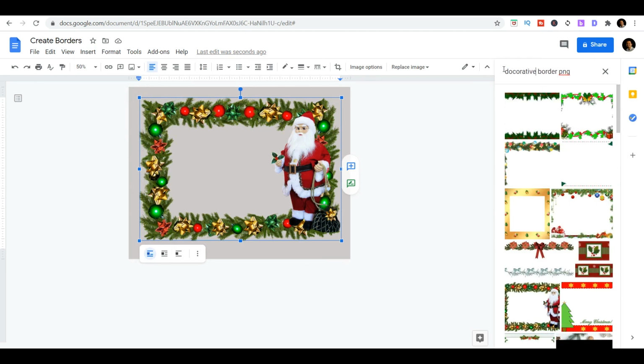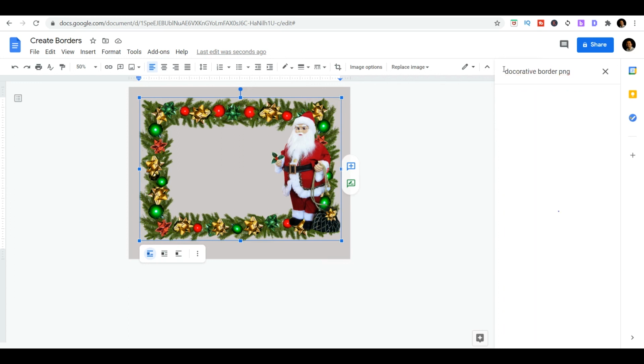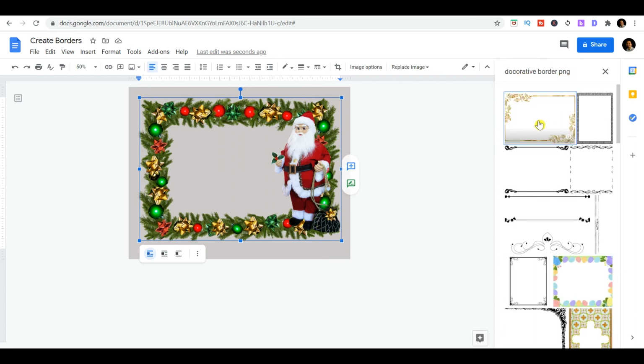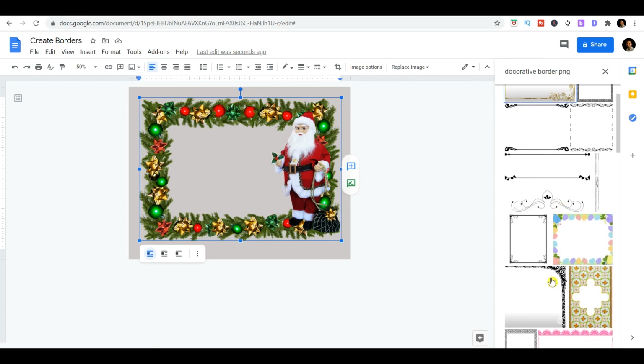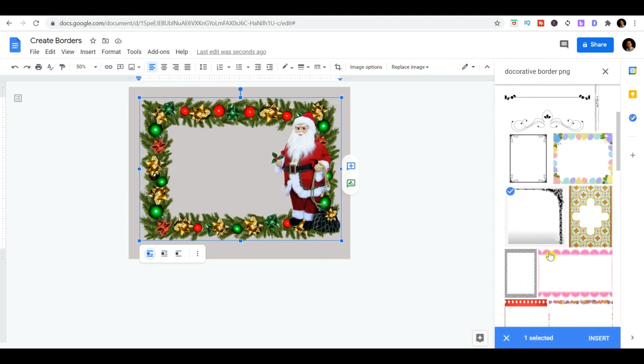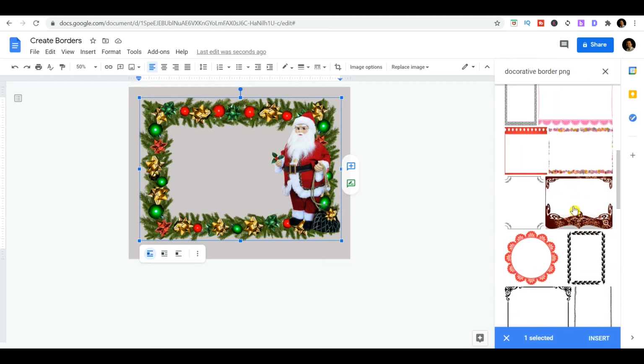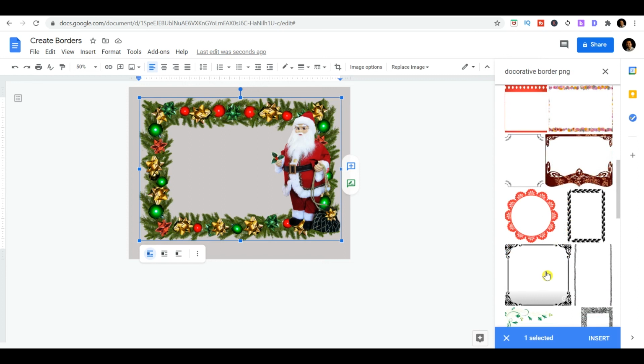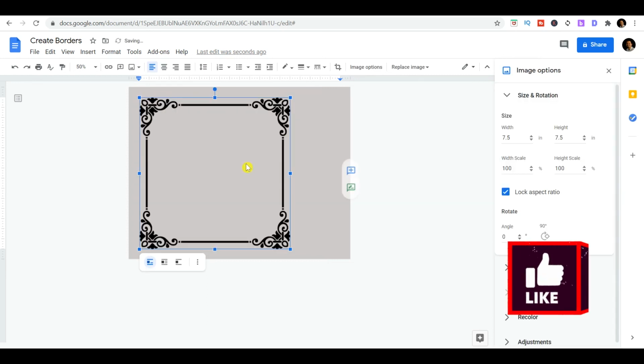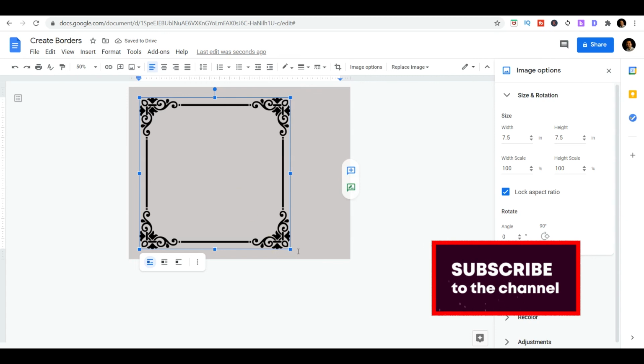As soon as you do it, you would find many different PNGs shown up here. I can add any image that I would want on my page. Let me select this one, and if I click insert, it gets added on the page. And as usual, if you drag it and place it properly on the page, it will get added here.